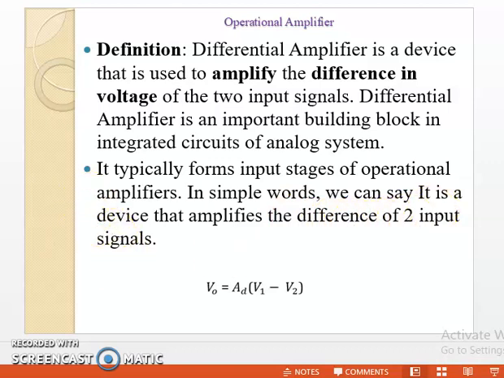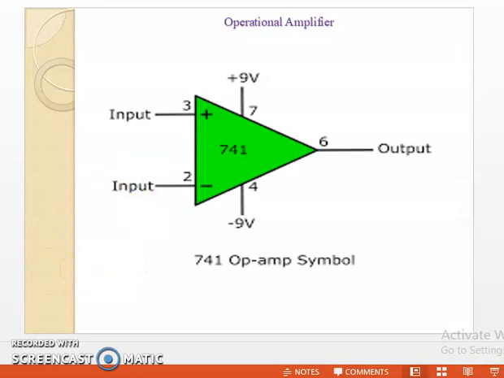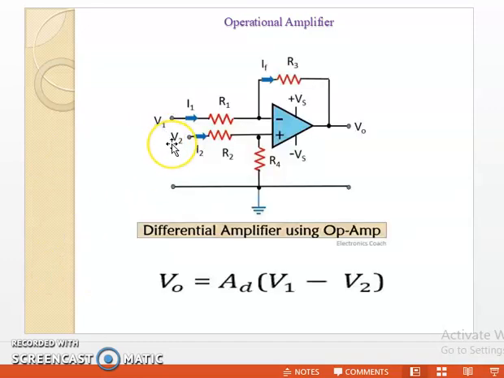So in short, remember, a differential amplifier is nothing but an electronic device which is utilized for the amplification of the difference of two input signals V1 and V2, as shown in the figure here. This is V1 and V2. This is the circuit for the differential amplifier. Two inputs are shown, V1 and V2, and a single-ended output V0 is shown, and this output V0 is nothing but the amplification of the difference of the two inputs V1 and V2.